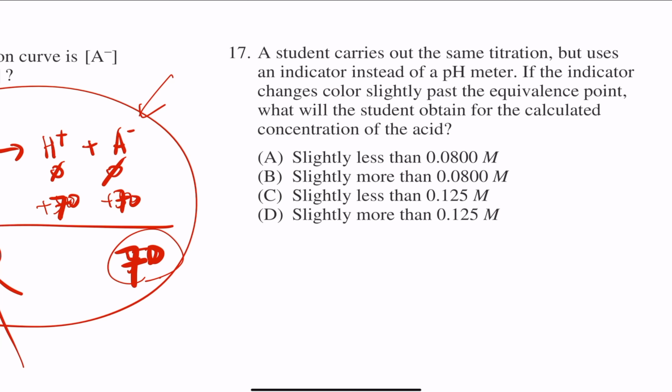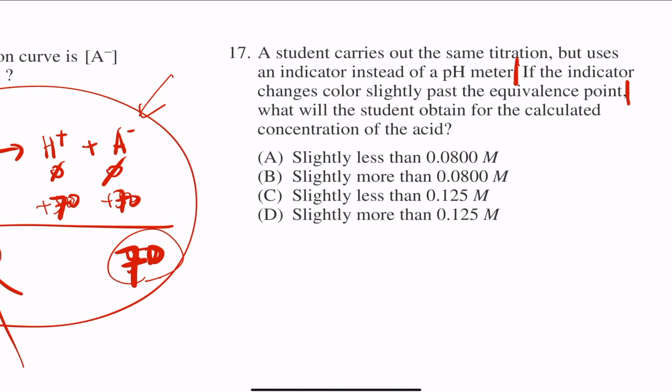Let's keep going. Number 17. A student carries out the same titration but uses an indicator instead of a pH meter. So remember, what is an indicator? That's basically something that changes color when it reaches a certain pH level, right? And obviously different indicators have different pH levels at which the color change actually happens. So if the indicator changes color slightly past the equivalence point, what will the student obtain for the calculated concentration